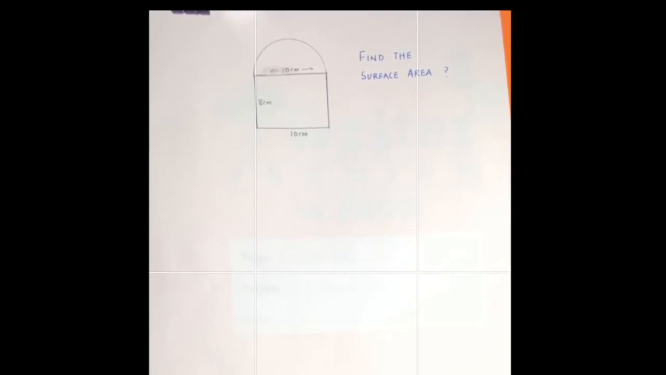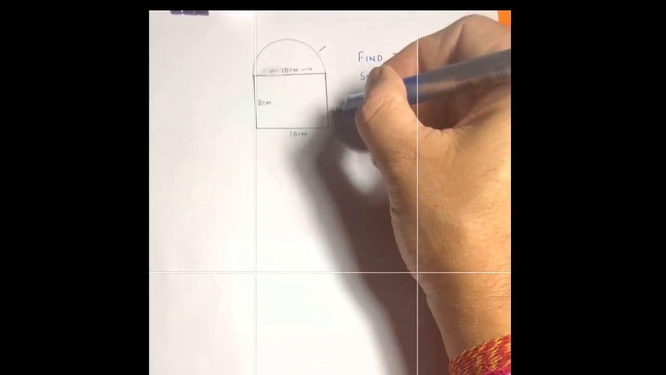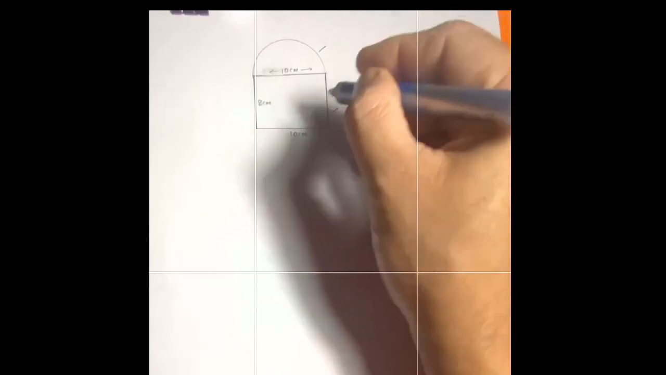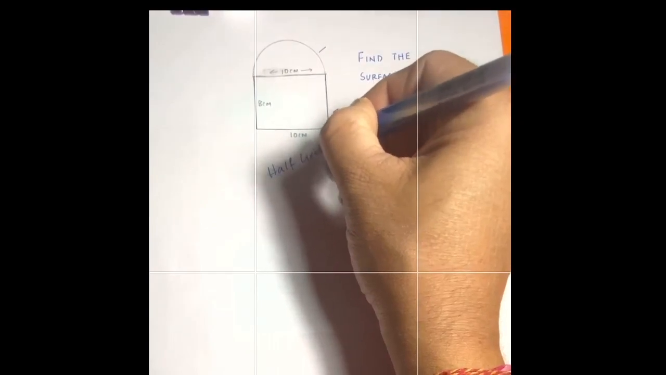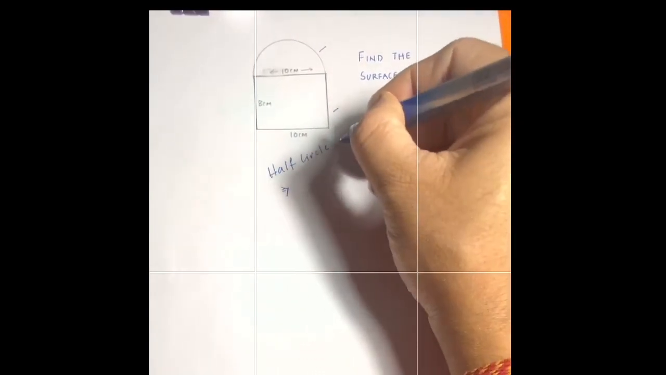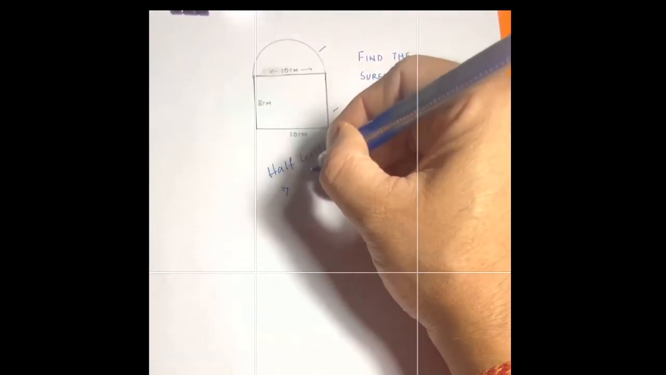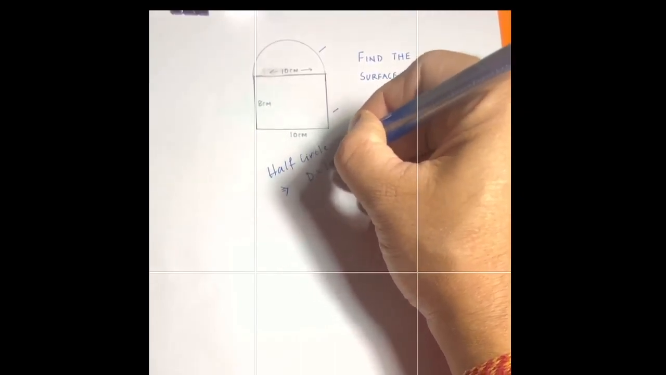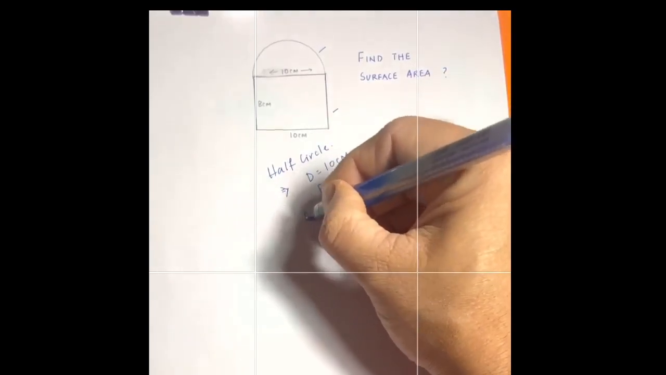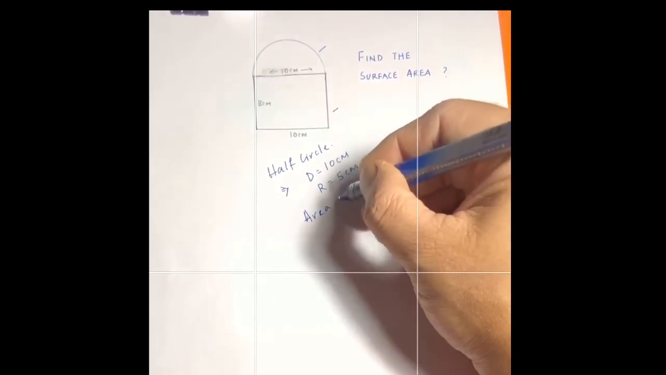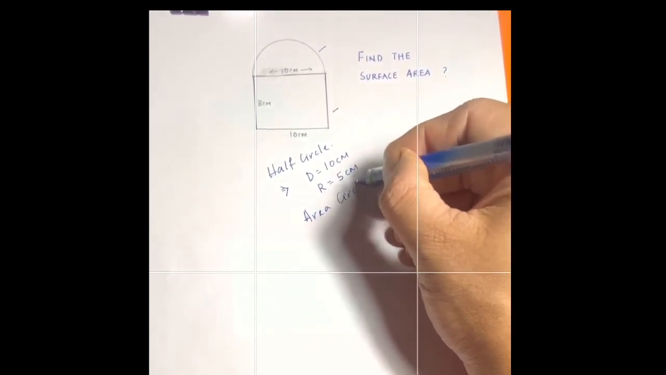In this question we have to find out the surface area of the half circle and the rectangle. Okay, so this is a half circle. So in this half circle we have to find out the area. So the diameter is 10 centimeter, so the radius is 5 centimeter, and we know the area of circle formula